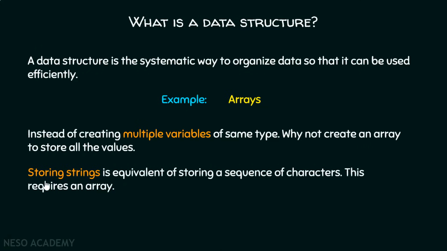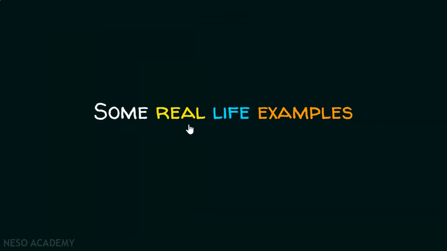Or you can think of one example like storing strings. You know that strings are nothing but sequences of characters, right? Let's say a string consists of 100 such characters. Now, are you going to create 100 variables for that? No, you can create one array which can store that whole string and we would be able to access it very easily. Isn't that so? So this requires an array, and that is why we need arrays, because it helps us in managing our data in an appropriate way. That is why it is a very useful data structure for us. Now, let's discuss some real-life examples of data structures to help understand why we need data structures.